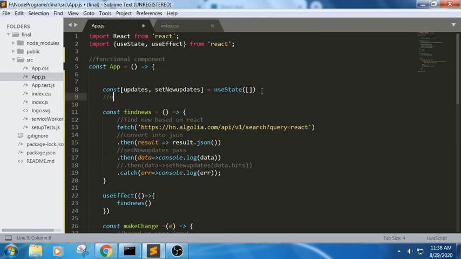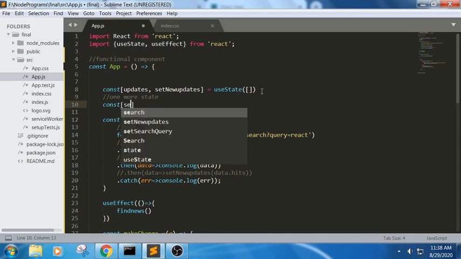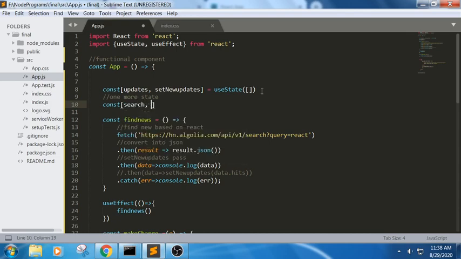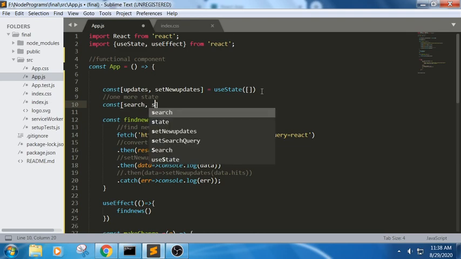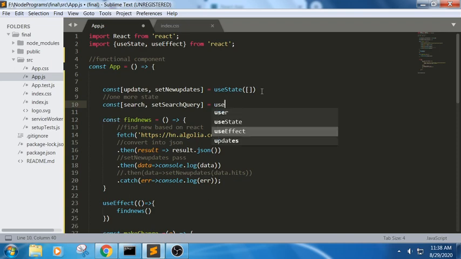So I'm writing one more state where it will read const search. It means it is reading the value from the user and putting it in that query. So searchQuery, useState.